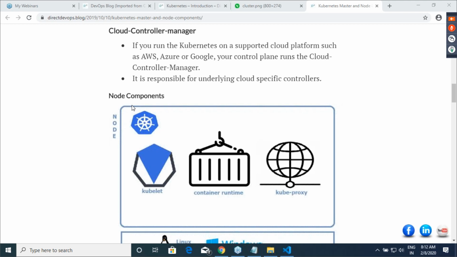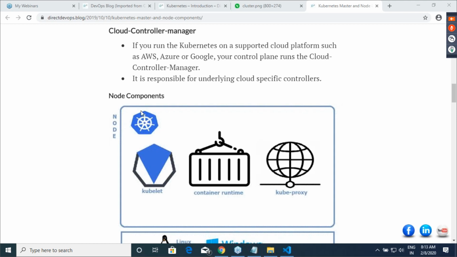100 Kubernetes machines, 2 clusters fail. What is a cluster? 100 Kubernetes machines will have only one cluster. Where are 2 clusters coming from? In that cluster, if you have 100 machines and 2 machines fail, it depends on which 2 machines have failed. If 2 nodes have failed, nothing will happen. If you have 2 masters and both masters have failed, then everything will not work. That depends on what it is. Let me answer this question and I'll come to it.